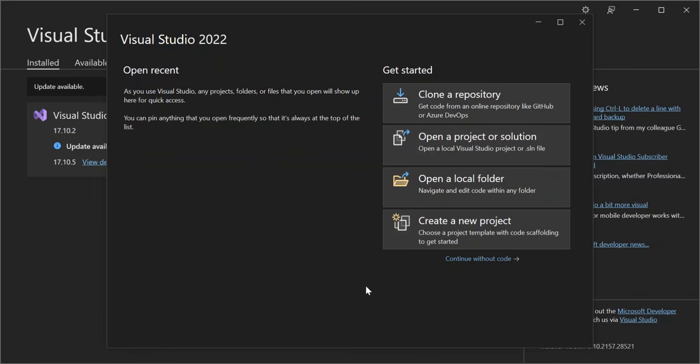In this video, we will look at getting started with Python and WinForms using Visual Studio 2022. So if you're looking to create a desktop application with a slick graphical user interface, then make sure you stay